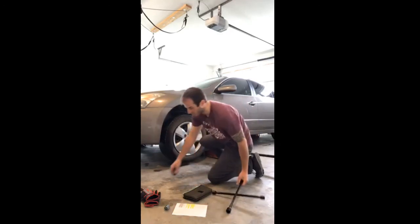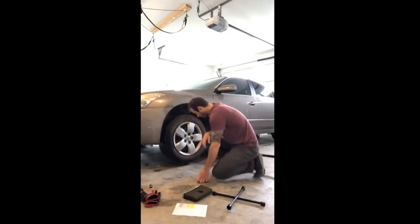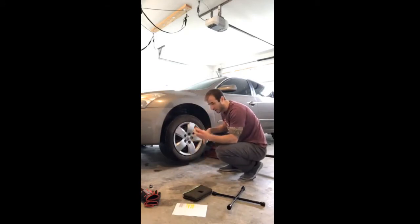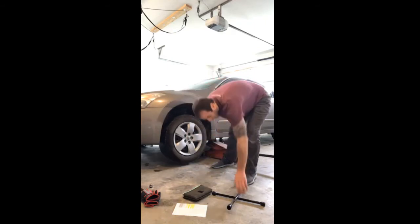Alright, so just set your lug nuts off here to the side whenever you get those pulled off. Another thing I want to point out, some vehicles have what's called a lug nut key. So this is usually in the glove box. I keep mine with the owner's manual. This is actually for my Jeep. It requires a special key in order to take that lug nut off. So you place this into the tire wrench